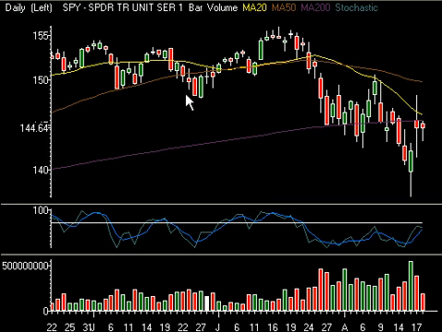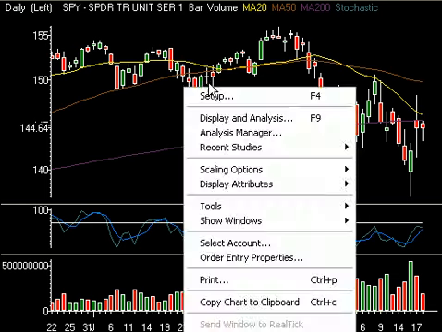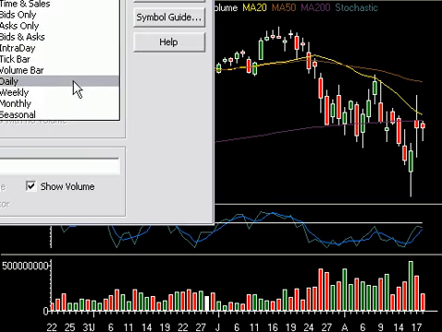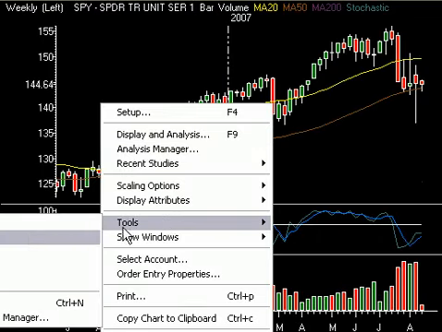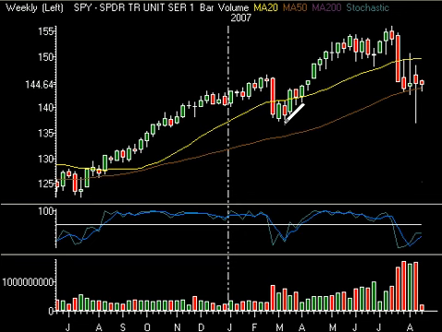Let's go to the SPY. On the SPY chart, let's change it to a weekly chart to really see this. Going back to tools, trend tools, we want to make sure everyone sees this. This is the line we touched. Next time, we're going to bounce up here on the SPY, probably a little more over the next week or so. We don't know how long it's going to take, but we are going to see